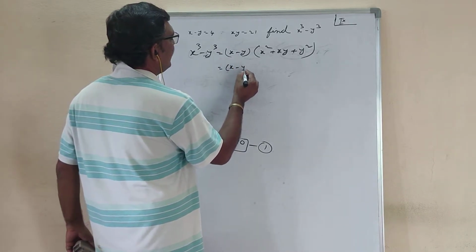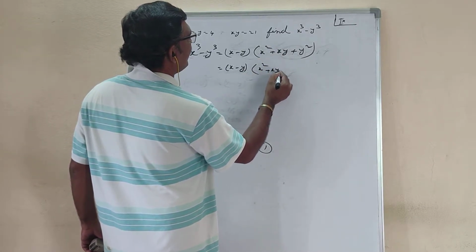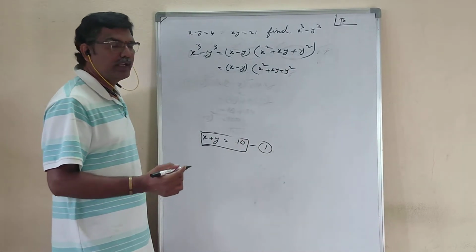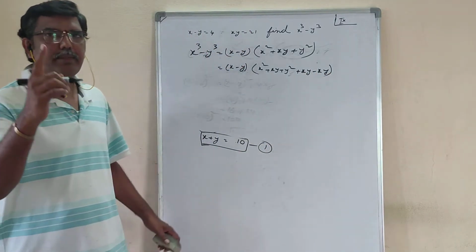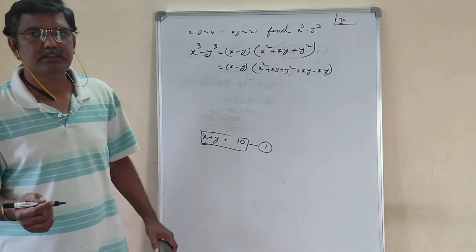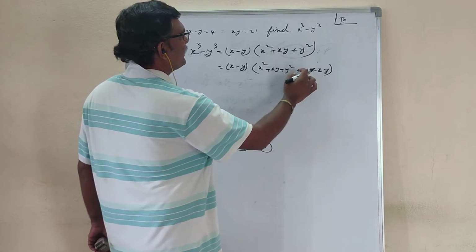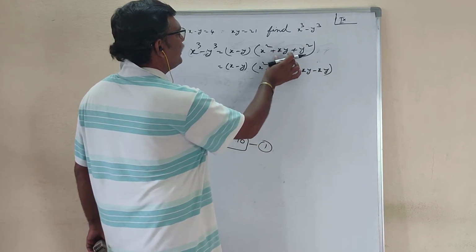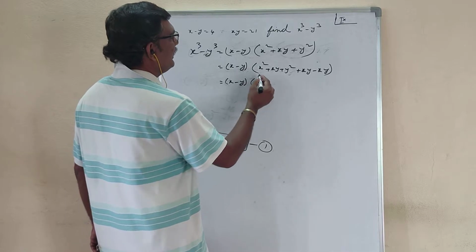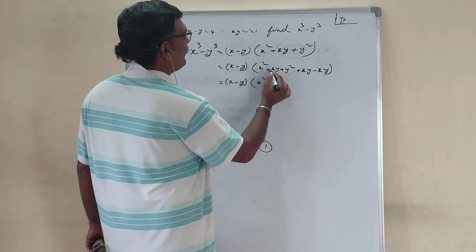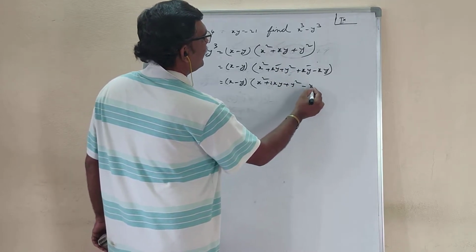Now this x minus y I am writing as it is. Here, x square plus xy plus y square as it is I have written. Here I am adding xy and I am subtracting xy. I am adding one xy, I am subtracting one xy. So these two will be cancelled and it is the same as this one, right? Plus xy minus xy will be cancelled. I did not change anything. Now x minus y as it is, and here x square plus xy. These two if I add, I get plus 2xy plus y square, and minus xy is there here.